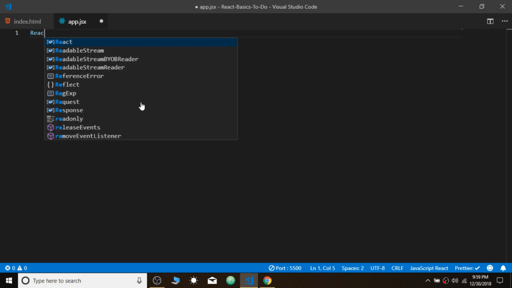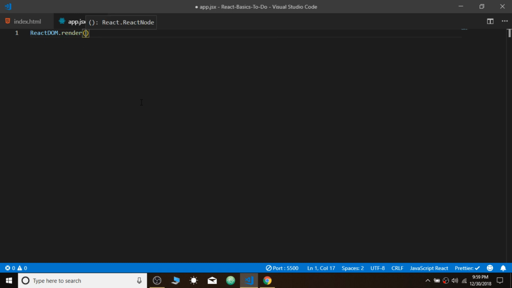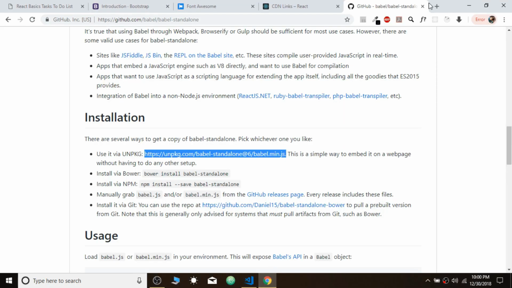So what does React do? It uses the ReactDOM.render method to render all the JSX into HTML. Okay, so what do I mean by that? So let's just say, if we want to... actually let me just close all those links, because I just wanted to show you guys,